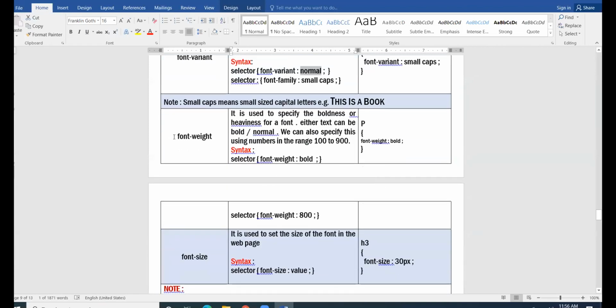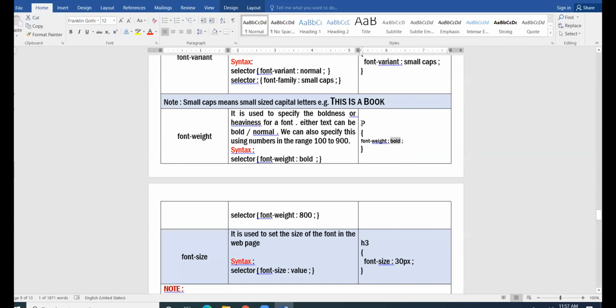Then I told you yesterday, in HTML, if you want to give anything in bold, you used to give the B tag for bold. But in CSS, if you want to specify your data in bold form, you have to take the property font-weight and write the value bold.